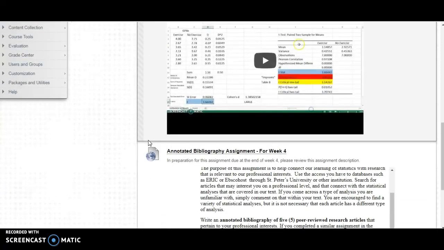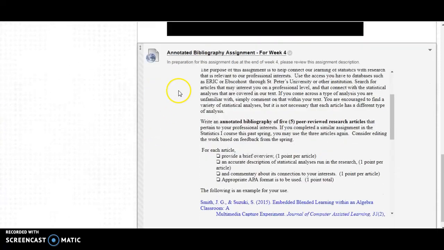The other thing I want to point out here for this week is that I'm sharing with you an assignment that's not due for another 3 weeks, but I think this is a good week for you to get started on it. And it's an annotated bibliography assignment. And basically what I'm looking to do is two things. Number one, I want you to get used to reading about statistics and understanding what's going on in a research paper